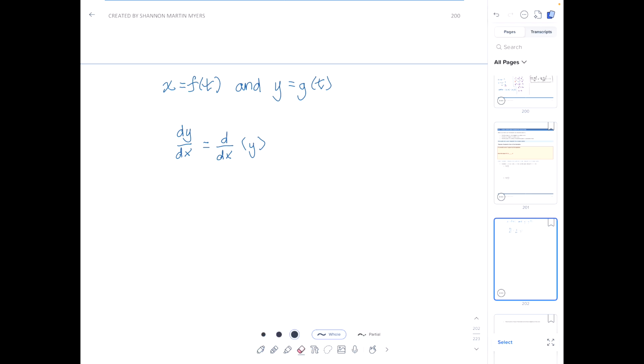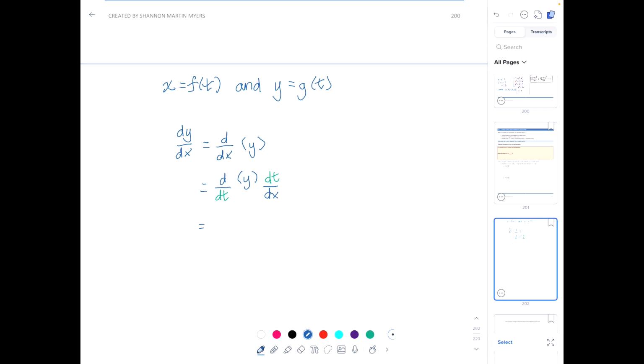And now if we play around with the differentials a little, we still have this y here, but if we put the dx over here, and then we've got a dt in there, then we end up with dy dt